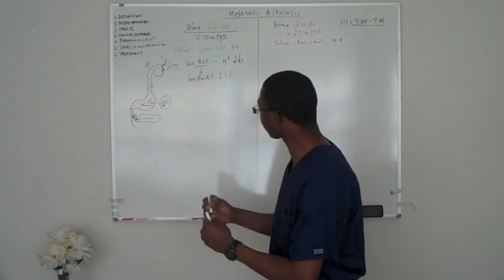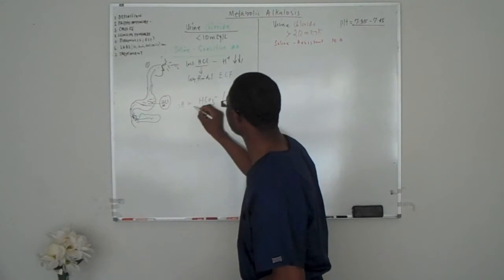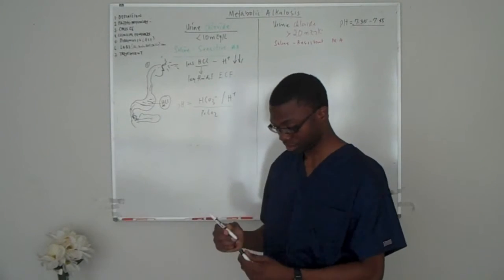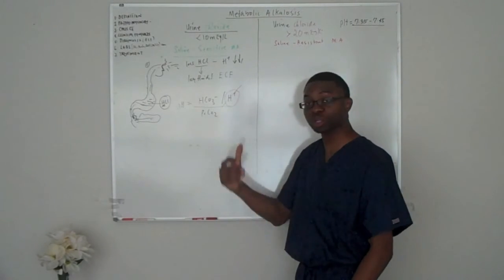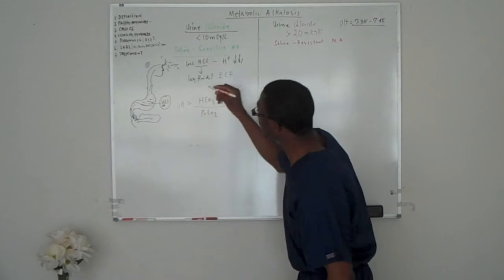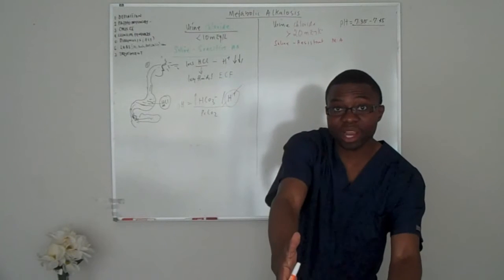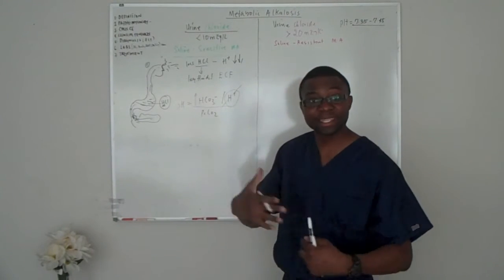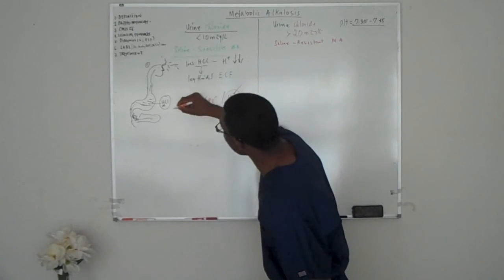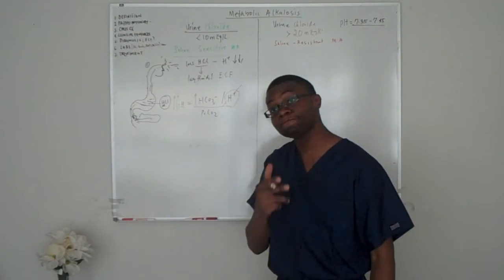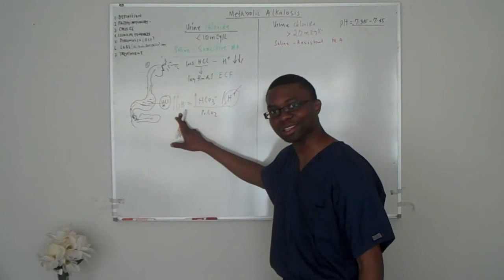Back to the formula. pH equals bicarbonate or hydrogen chloride over PaCO2. So what have we done? First thing we did, we lost this guy. We lost a lot of hydrogen chloride from vomiting. We retain so much bicarb because there's no sensor inside the duodenum for the pancreas to release the bicarb into the duodenum, so we retain them and they stay in the plasma. Automatically, if the bicarb starts to go up, what will happen to your pH? pH goes up. So we develop metabolic alkalosis.